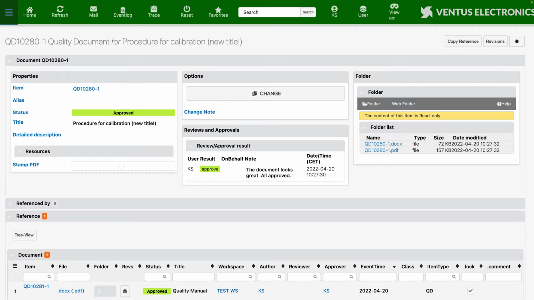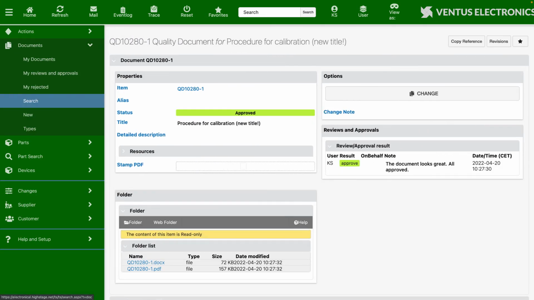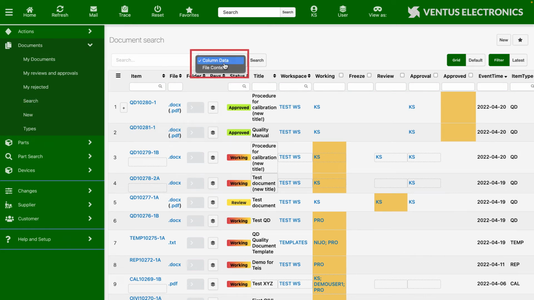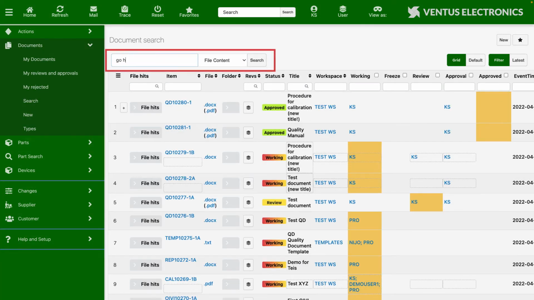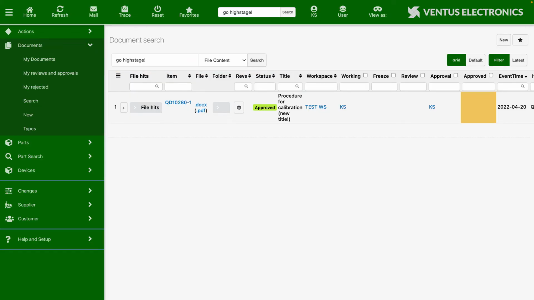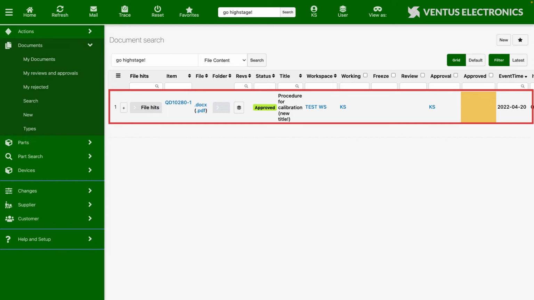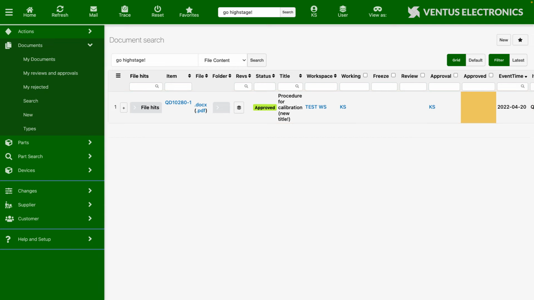Now let's do a search in Highstage and select to search inside the file contents. Maybe you remember I entered the term "Go Highstage" inside the Word file, so we search for that term and get a single hit in the search result. This is how Highstage can help you find the document and the information you are looking for, not only by